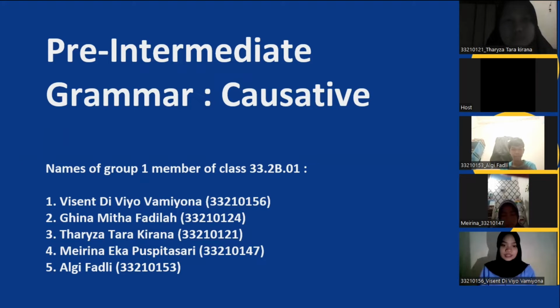Her student ID number is 3321021. And the fourth person in this group is Merina Eka Puspitasari. Her student ID number is 3321047. The last person in this group is Alvi Fadli. His student ID number is